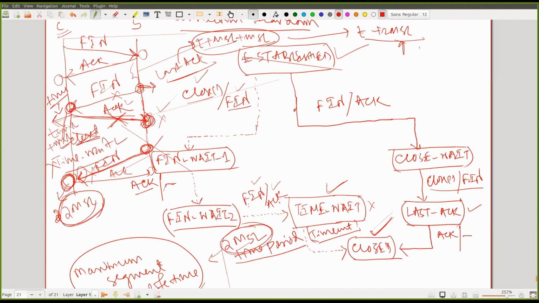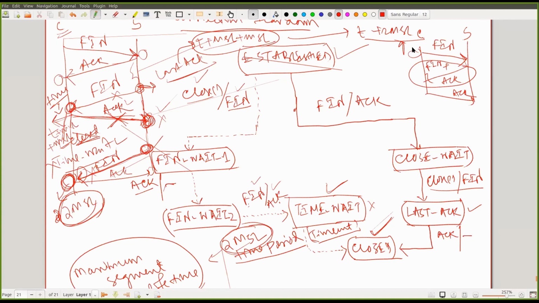Let's look into the three-way handshaking. This is my client. This is my server. If it is a three-way handshaking, what is going to happen? The client is going to send a FIN. The server is going to generate an ACK; look into where the changes are going to happen. Only changes happen here. When the client is going to receive FIN plus ACK, because previously the client was receiving FIN first, then ACK in two messages. But here FIN plus ACK are both combined. So that's why by the time it has sent the FIN,